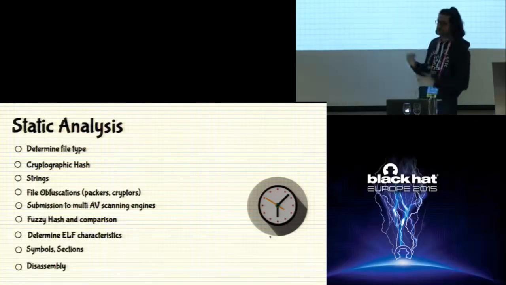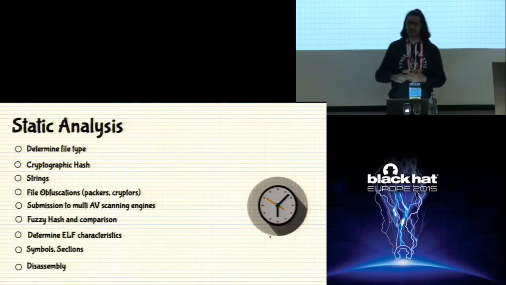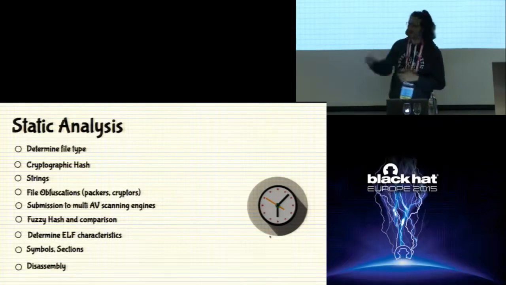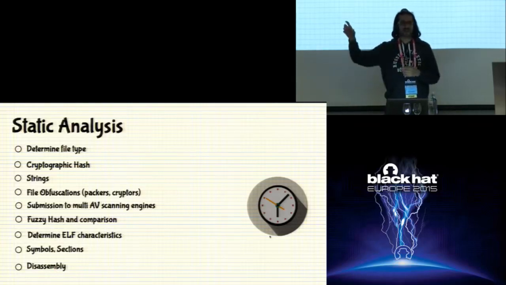Also you might want to extract the strings from the malware, because strings can contain very interesting information. It could have references to IP addresses, domain names, URLs, file names, which might give an indication of what the capability of the malware is. And also you might want to determine the file obfuscation. If a file is obfuscated, the attackers use obfuscations like packers or cryptors to thwart your analysis or your reverse engineering. So you might want to determine if a malware is obfuscated with packers and cryptors. And also submitting to the AV scanner, like I said, you might want to submit your hash to an AV scanner to see what malware you're dealing with.